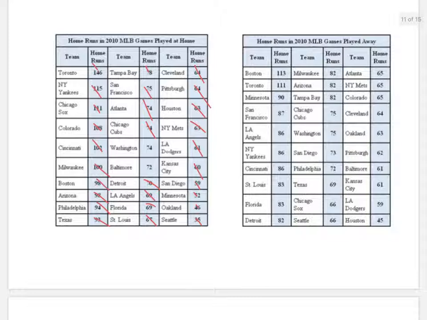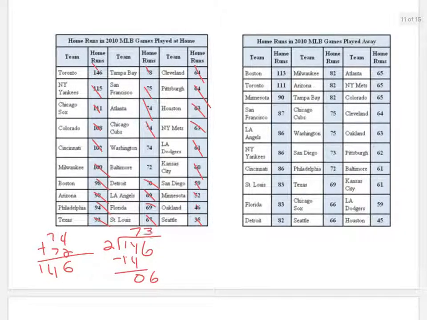In this case, it looks like we have 2 numbers in the middle, the 74 and the 72. Remember, to find the median, we take those values and add them together. So I have 74 plus 72. 4 plus 2 is 6. 7 plus 7 is 14. Because I added 2 numbers, I have to divide 146 by 2. 2 goes into 14 exactly 7 times, with nothing as a remainder. Then 2 goes into 6 evenly 3 times. So my median